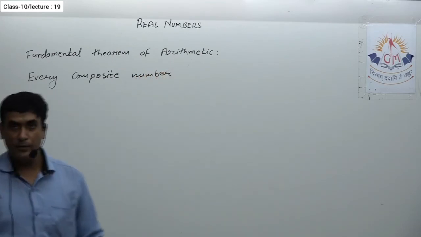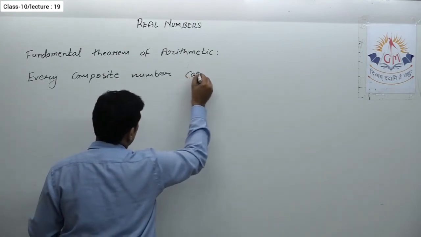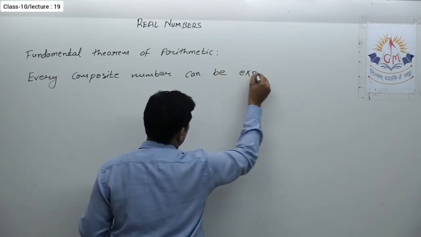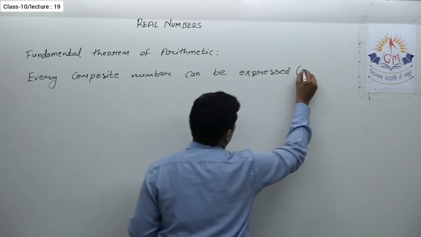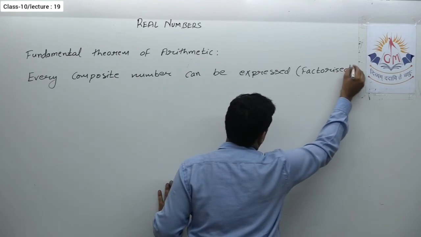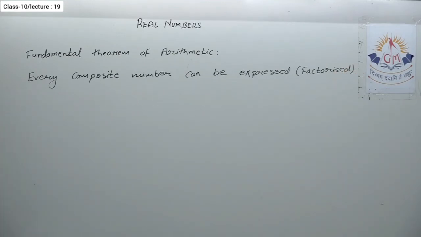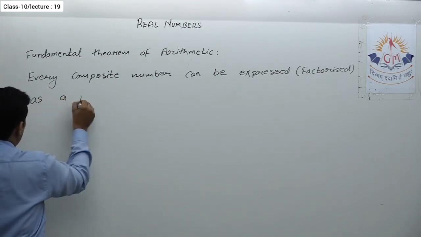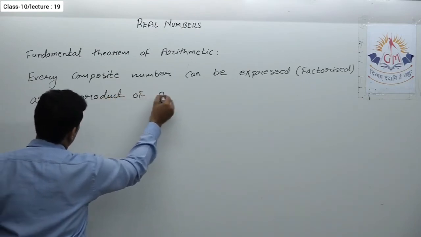Every composite number can be expressed or factorized as a product of primes,